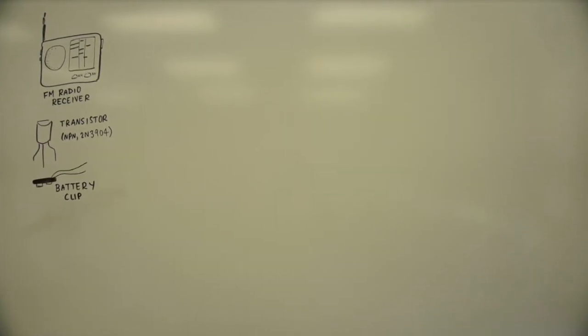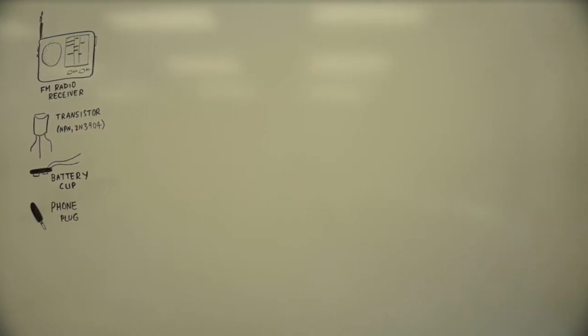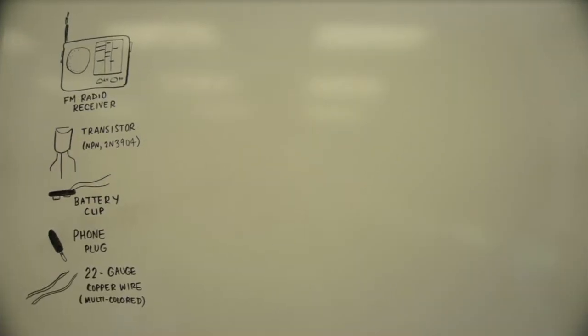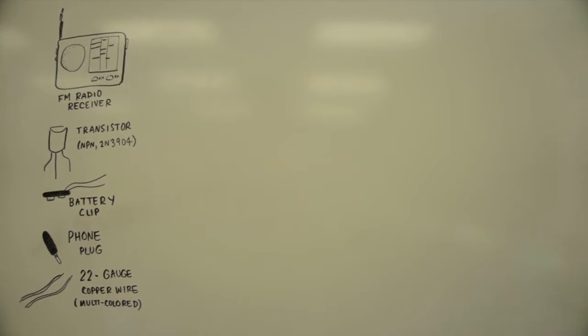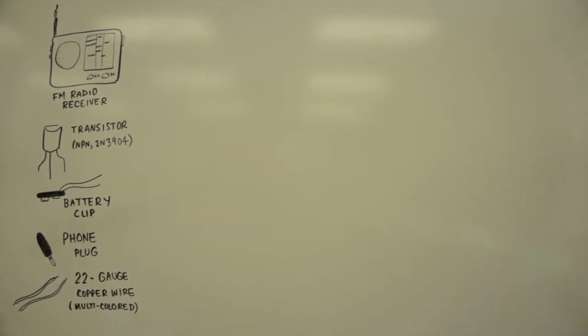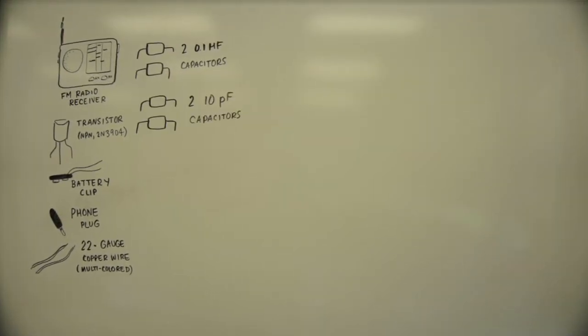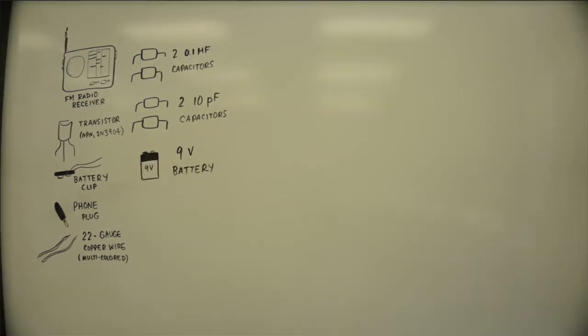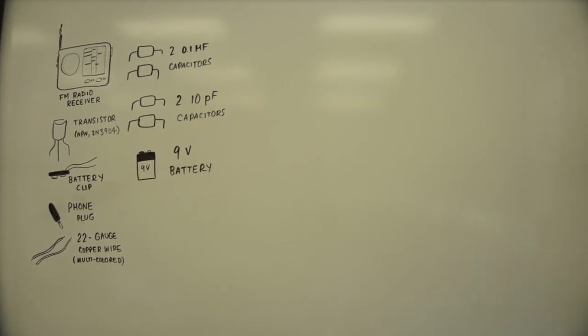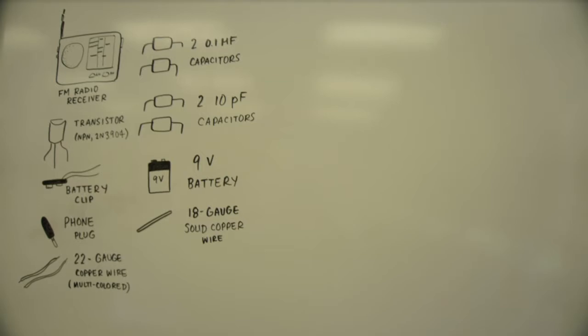The materials used to construct the FM transmitter are the FM radio receiver, which is used to test the finished product, a NPN 2N3904 transistor, a battery clip, a phone plug, 22 gauge copper wire, which is multicolored, and you mostly need red and black, but it's helpful to have other colors as well. Two 0.1 microfarad capacitors, two 10 picofarad capacitors, one 9-volt battery,